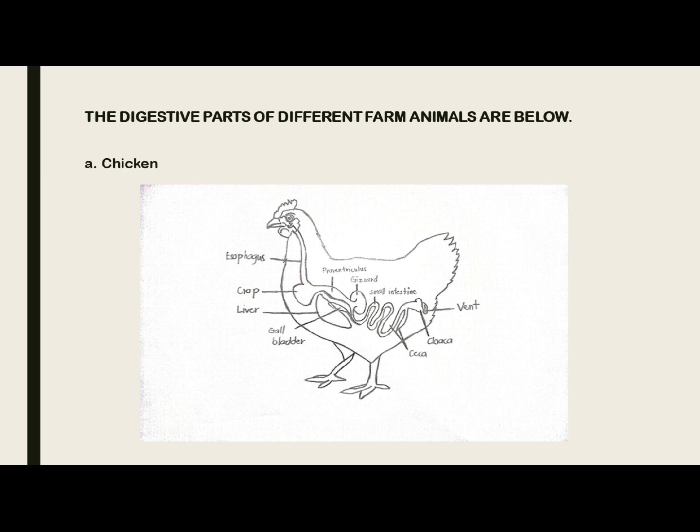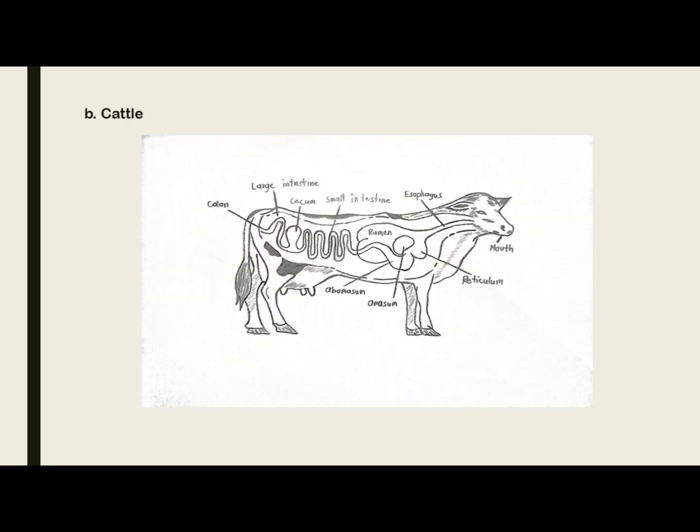The digestive parts of different farm animals are below. Chicken, cattle, horse,